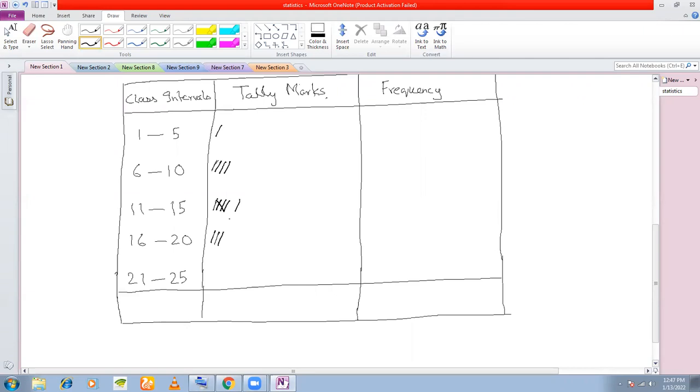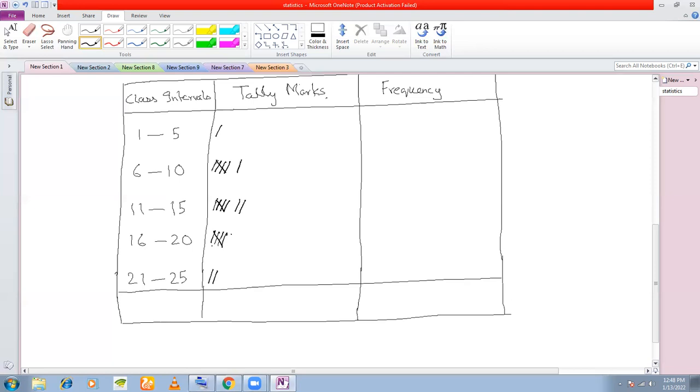Okay. Next is 19. 19 falls here. So I'm going to give a stroke here. 6. 6 falls here. So now I already have 4 strokes. So I'm going to cross out these 4 strokes so that I can count 5. Next is 7. 7, I'm going to give a stroke here to count a different number for a different group of strokes. Okay. Next 12. 12 falls here. So I'll give a stroke here. 22. 22 falls here. So I'll give a stroke here. 21 falls here. I'll give a stroke here. 18. 18 falls here. So I already have 4 strokes. So I'm going to cancel this.